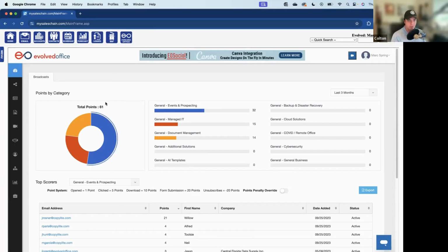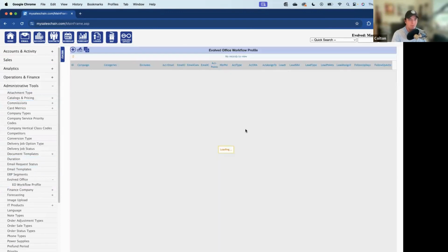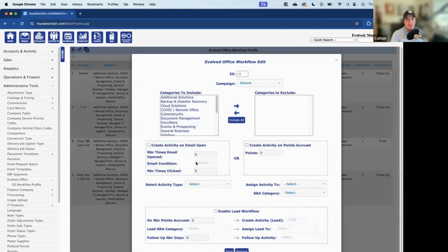But let's pause for a second. You see that we see total points here. Evolved Office is points based. That means you can set up parameters to determine what creates points and how people earn points. So let's talk about that. We can pop into our administrative tools, go to our EO workflow profile, and we can create workflows that determine,